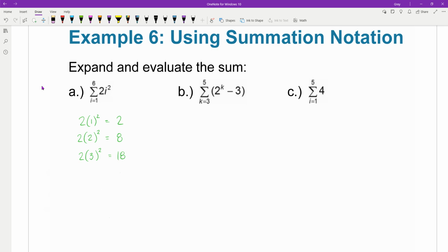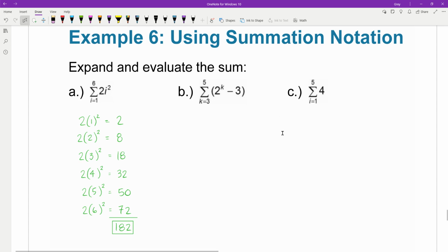The next one is i is 4, and that'll be 32. And then I got to keep going all the way up to i equals 6. So 2 times 5 squared is going to be 50. And then 2 times 6 squared is going to be 72. And then I have to add all of those up, and that gives me 182. So it might be a little more complicated in part B when you have an expression here, but still do